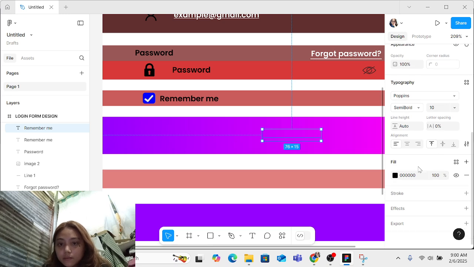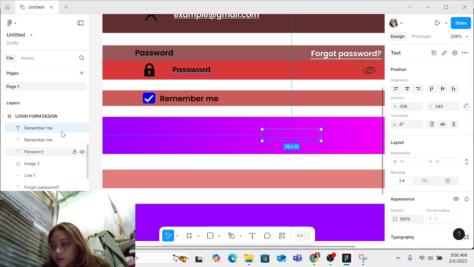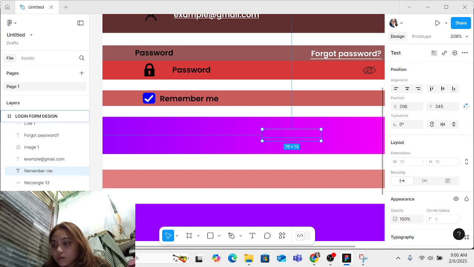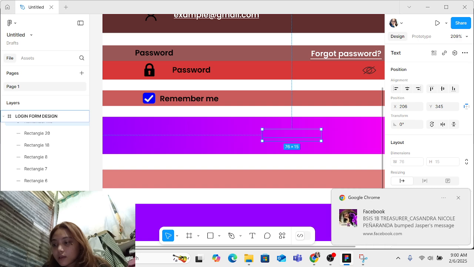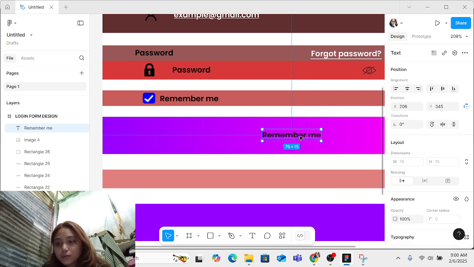Pop it up. Oh no. Okay, let's find it. Just put it there.